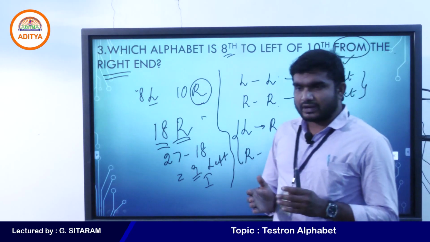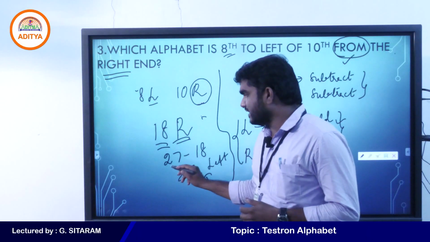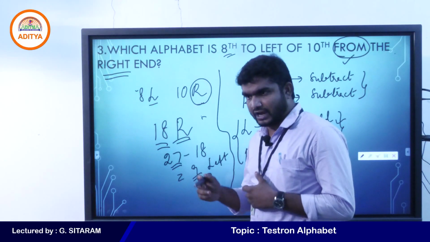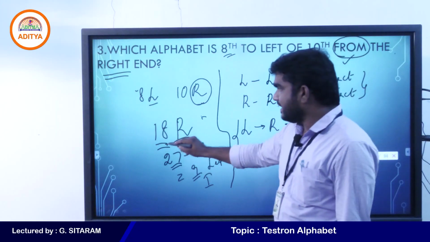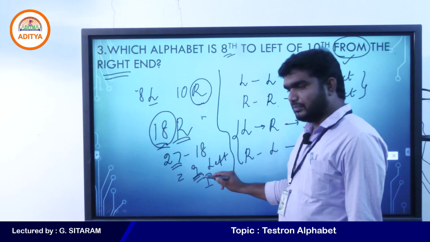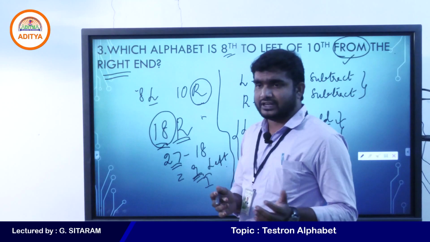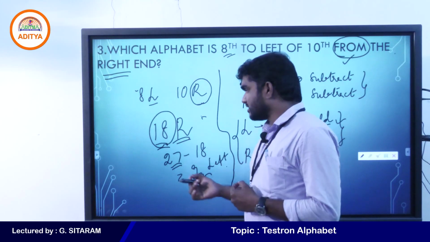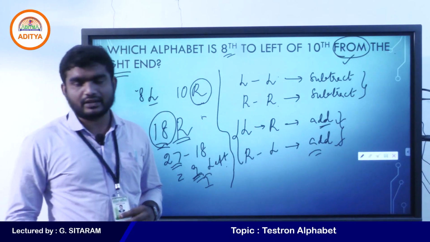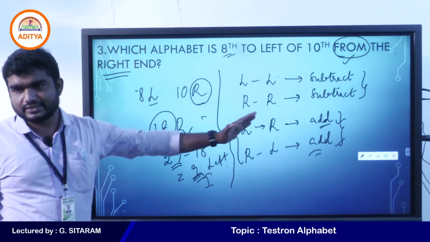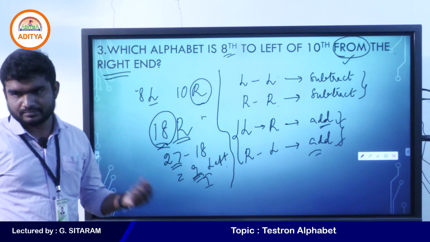If you want to convert from left hand to right hand or right hand to left hand, you just subtract from 27. Alphabets are 26, you have to add just one more number. So 26 plus 1, 27. 27 minus 18, you get the required place value, that is 9th from the left hand. To convert from right hand to left hand, you simply subtract from 27. Okay, did you get it? Sir, why 27? Alphabets are 26, you have to add one more to subtract. So 26 plus 1, 27.